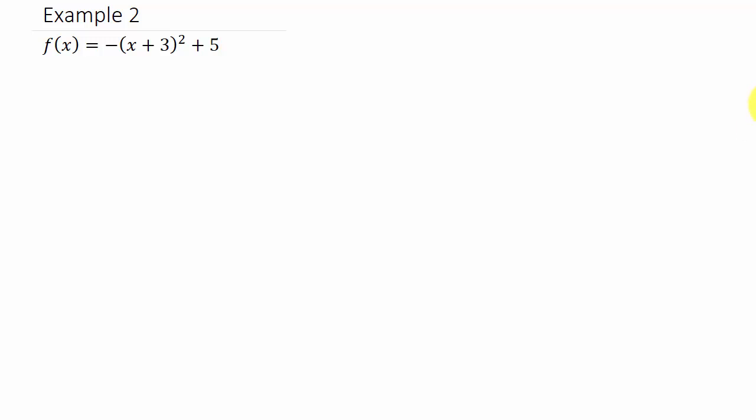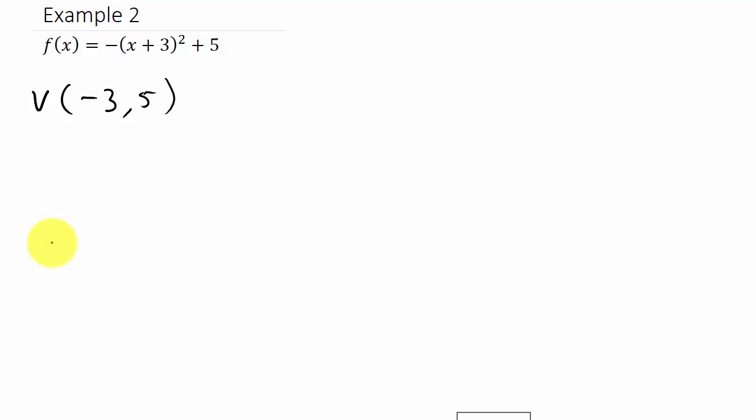All right. So let's go ahead and find our vertex. So now let me go back to change the color. So I've got my vertex is what? -3, 5. Remember, h has the opposite sign, k has the same sign. Okay. Now let's go ahead and find our